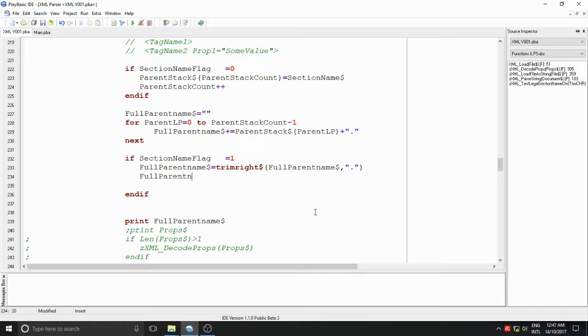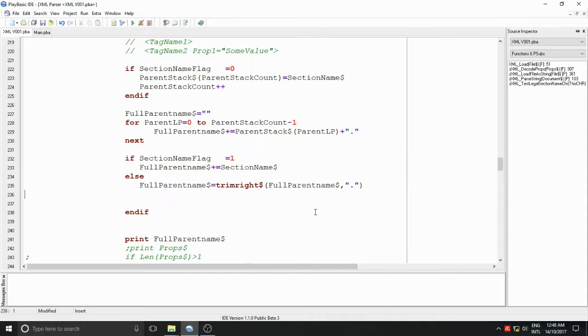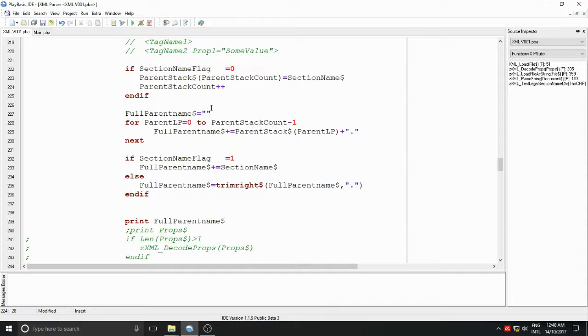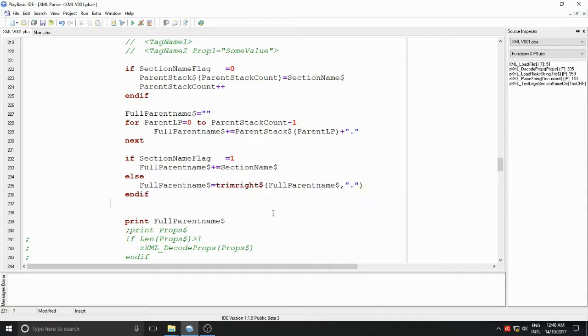Yeah, well done. So add the section name to the end of that. We're trimming that off. We don't need to trim it here. We only need to trim that off when it's... sorry if you're getting lost. So if we fall through here, and this tag we currently found looks like it's a section name, we'll add it to our stack. We just run through our stack and make a string that represents the parental hierarchy of whatever this thing is. And down here we're just sticking the section name on only if it didn't add it here. If it did, it just trims off the string at the end. It's pretty ugly,